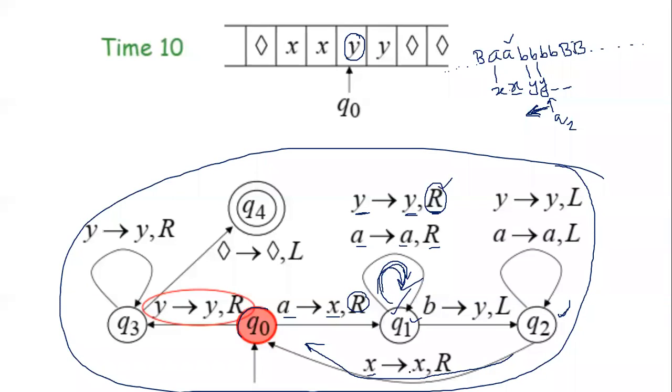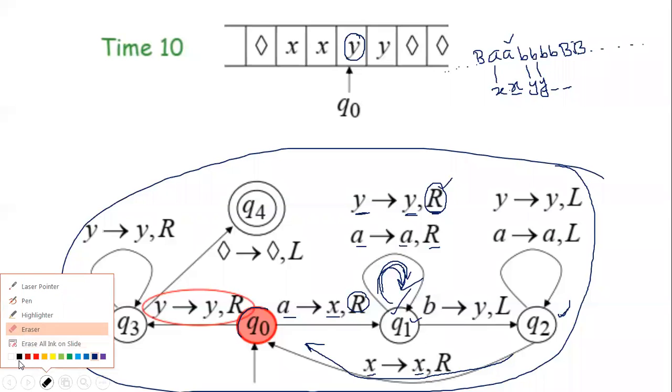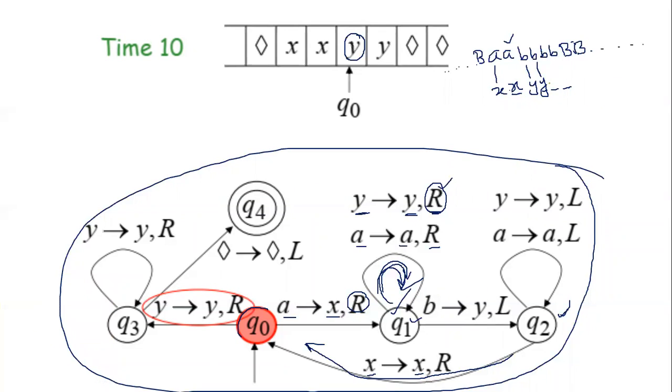Where X will remain X, you have got a Y. A time will come when you will see this X. So what will happen? X will remain X and you will go towards right. That means, let's see. It gets confused. Basically, you are actually somewhere over here.